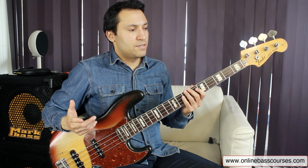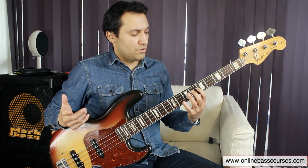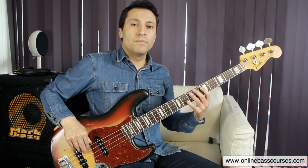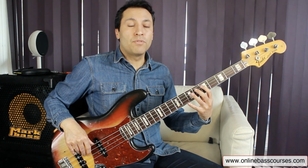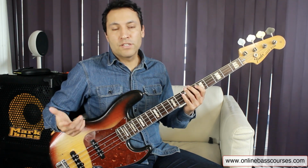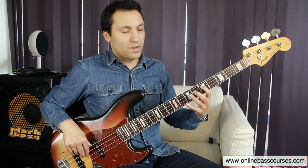Another thing that he does a lot is hammer-ons. Another shape that's really common, that I showed you in the sol video, is walking up from the third of the chord to the fifth. So let's do it here. If I'm on the 6th fret of the E string, that's your B flat. If you go fret 5, 6, 7, 8,